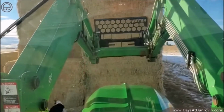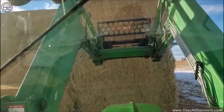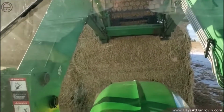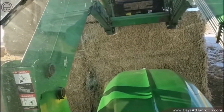We're going to feed them 2 bales. I'll pull 2 off of the stack, and then I will only take one at a time over. See if I can do this without causing a wreck, because